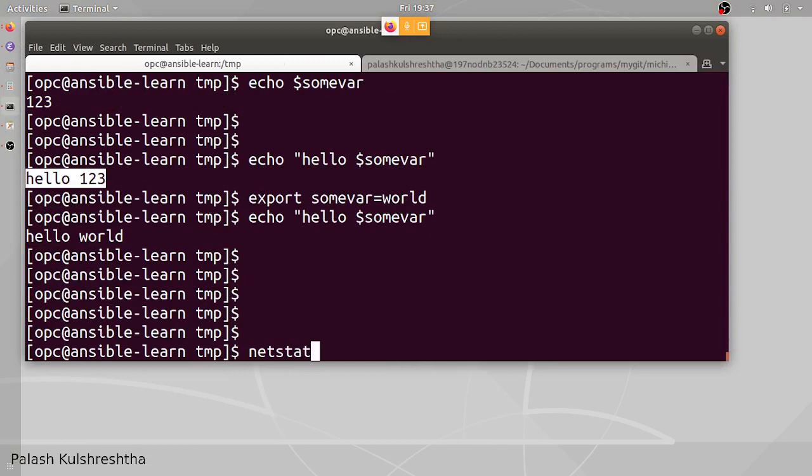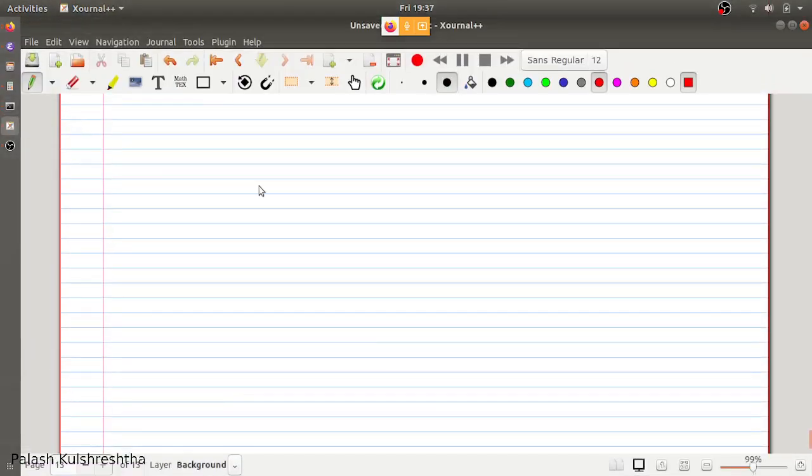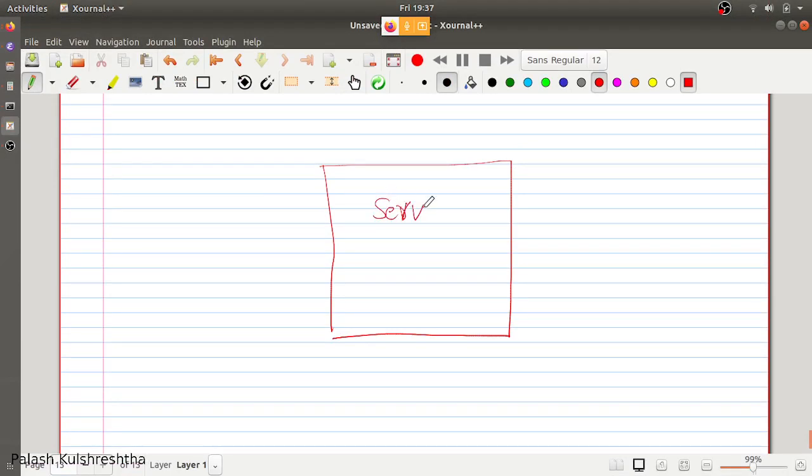So it gives us the statistics of the, so every Linux instance or every server has, let's say this is our server which is hosting, and I am connecting to this server from my personal laptop, and we have multiple programs that are running on this server.